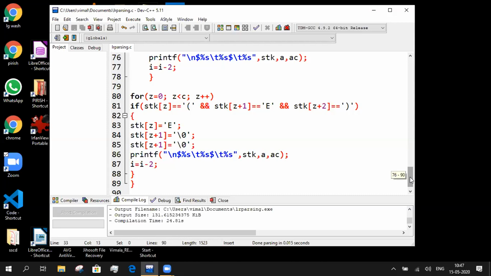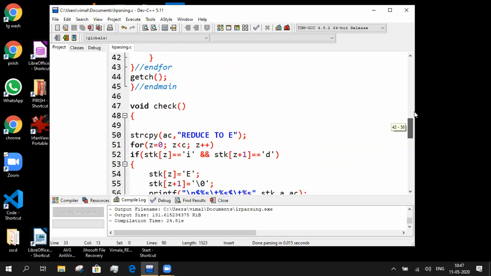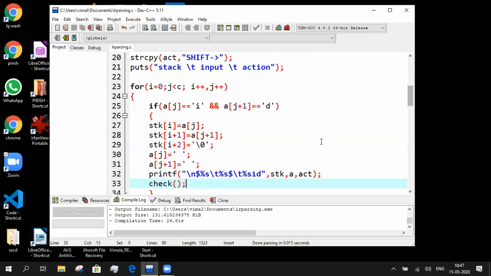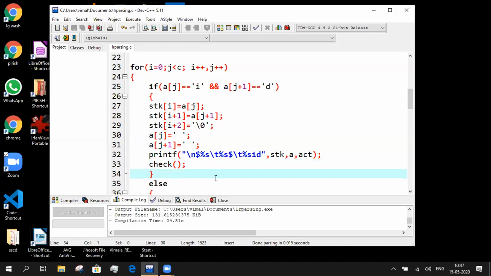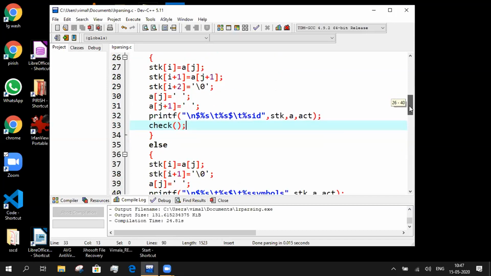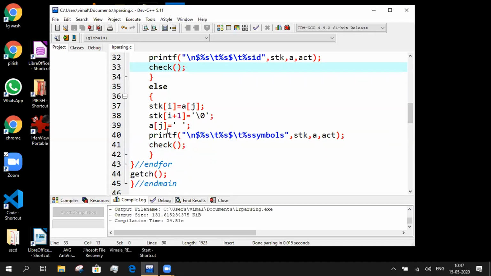And this check function, when are you calling it? As soon as you shift one symbol, you are calling the check function. The check function will be executed if it satisfies a condition. If ID is shifted onto the stack, you are calling the check function. As soon as an operator is pushed onto the stack, you are calling the check function.